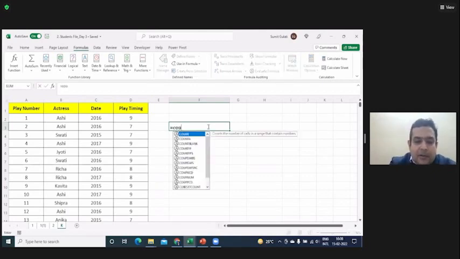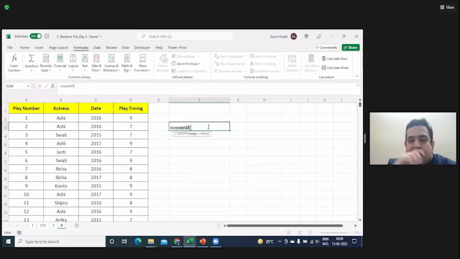अब अगर मैं काउंट इफ्स चलाऊंगा ना, काउंट इफ्स, व्हाट आर द कॉम्बिनेशन? आशी 16, आशी 15, राइट? डू आई हैव टू गो अहेड एंड सेलेक्ट द रेंज? No, sir. क्या करूं? Actress. एक्ट्रेस को कॉल कर लेता हूं ना. रेंज इज ऑटोमेटिकली सिलेक्टेड. कॉमा क्या लिखूंगा? आशी. And comma, what I want? The year. So I'll call what? What this year column is named as? Date. So I'll start typing date. Date will come up. I'll say 2016.